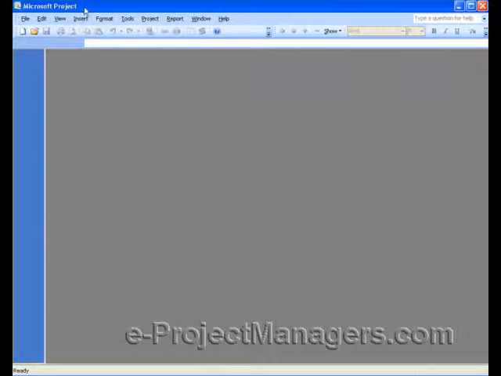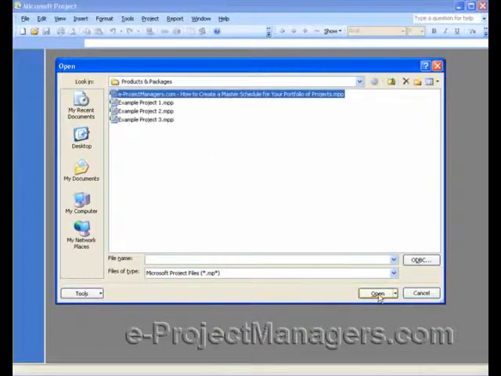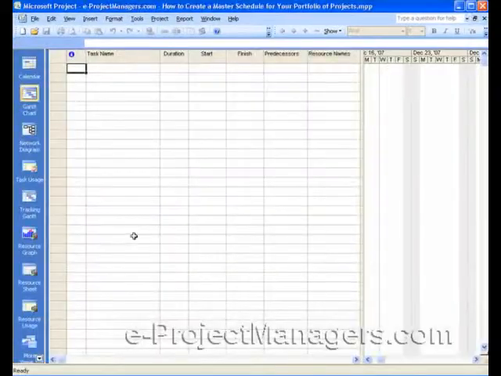Now, when you open up Microsoft Project, and I'm in version 2007, but this does also work for earlier versions of Microsoft Project, you'll first open or create a new file which will be your master schedule. I've already created a file, so I'm just going to go ahead and open it. But if you're creating a new file, you just click on New, and it'll open up a new empty project